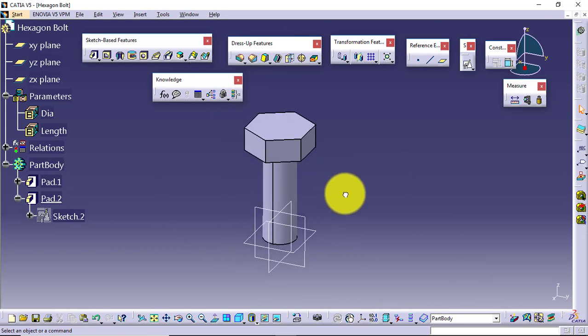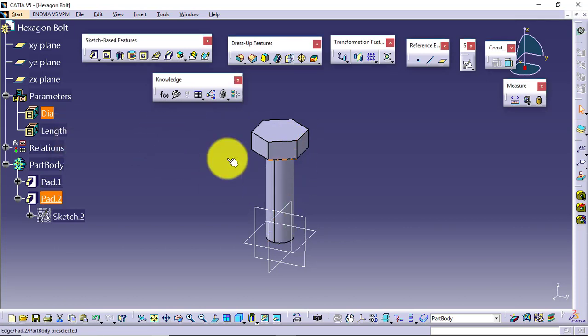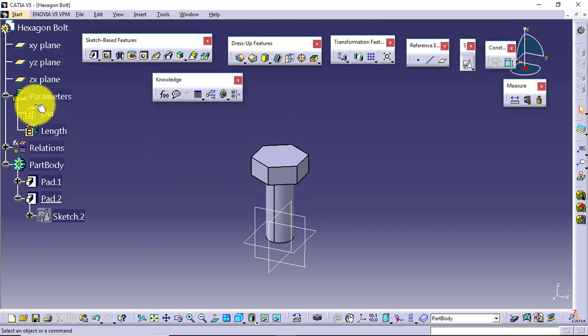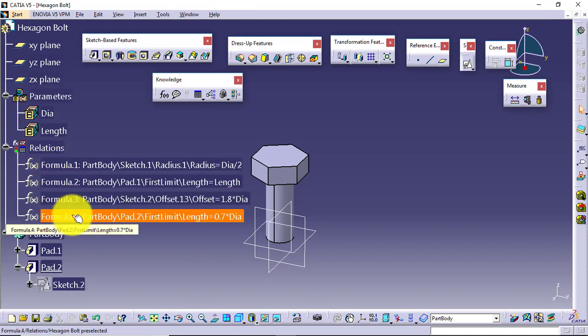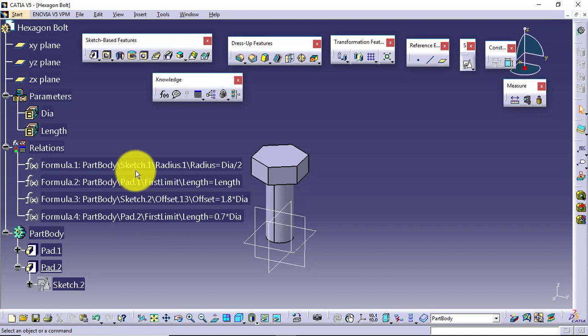Now if you want to make any changes in this, you can change the dia or length value from here. Let's say I'll change the dia value. Double click on this, just change the value, update it. See, as the parameters are added in the feature tree, all the relations are also added in the feature tree. So anytime you want to modify or update any relation, you can double click on it and update it from here as well. Next,